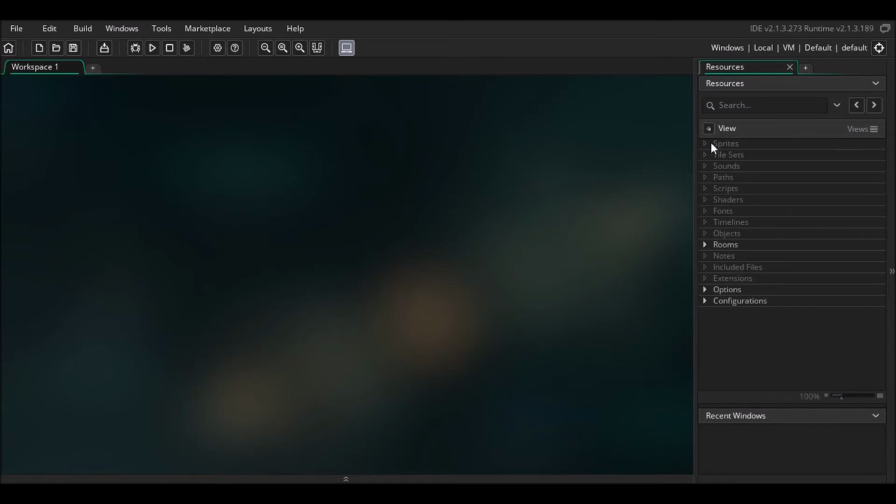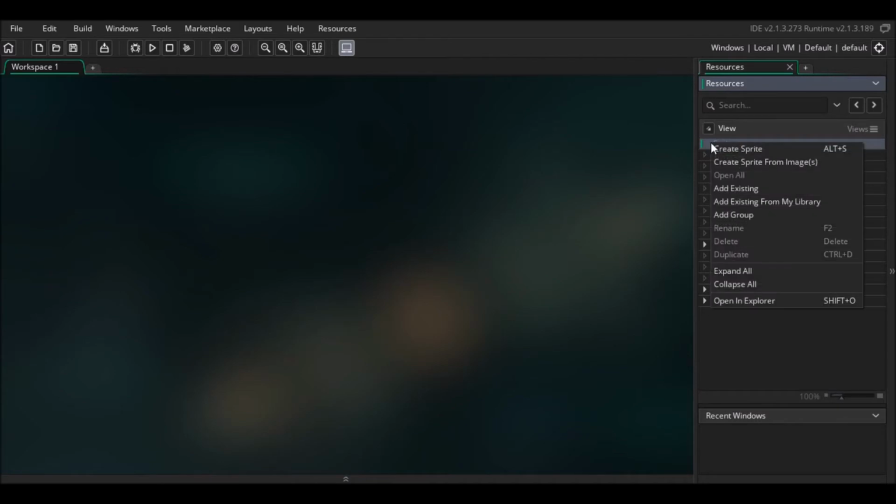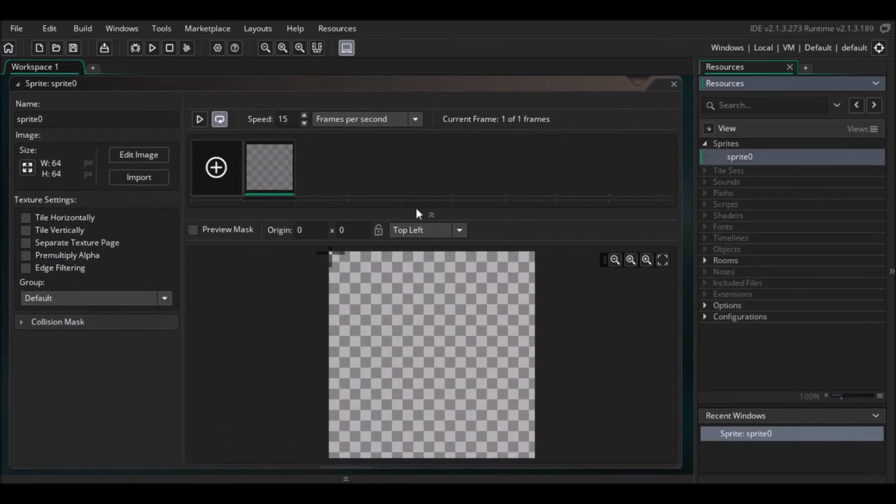the first thing you gotta do is right click on sprites, and then create a sprite. You see, there you go. So I'm gonna import my own. You could make it whatever you want, but this is basically gonna be the character for the game. It's gonna be like an RPG type thing, you know. And here, okay, I'm gonna import mine. You may or may not be able to see it, but